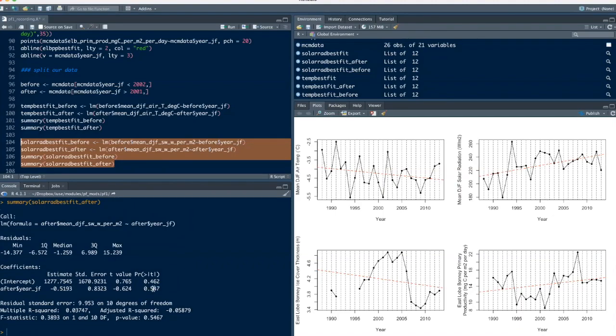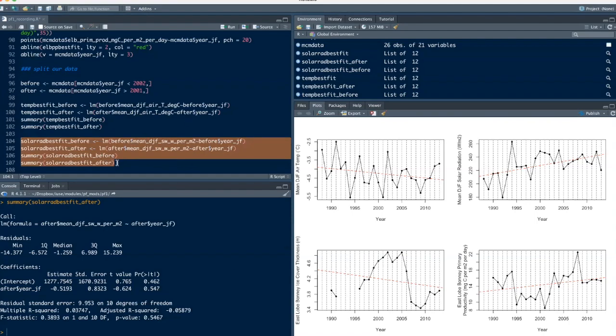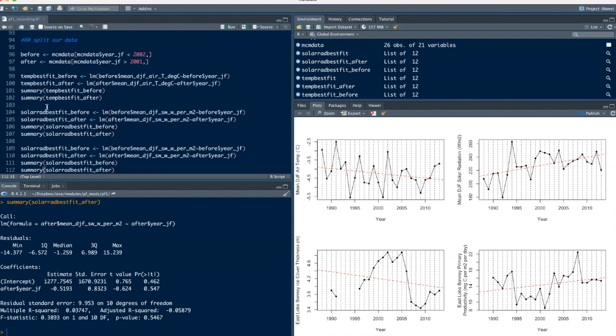It's pretty noisy. There's not a significant trend here. So let's keep making these lines for our other data sets. We did temperature, we did solar radiation. Now we need our